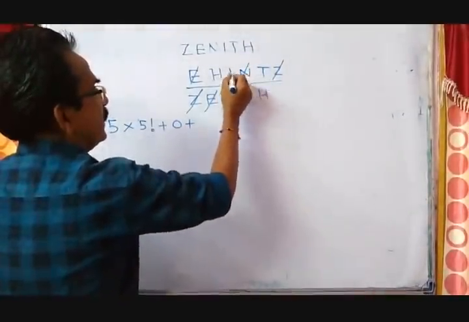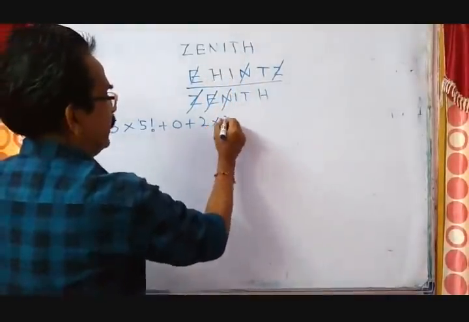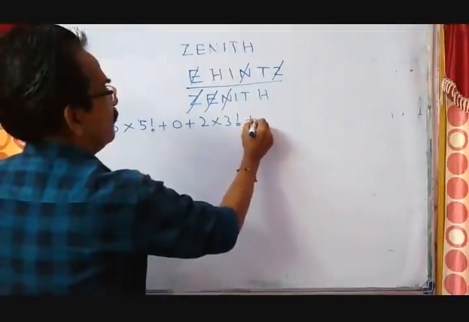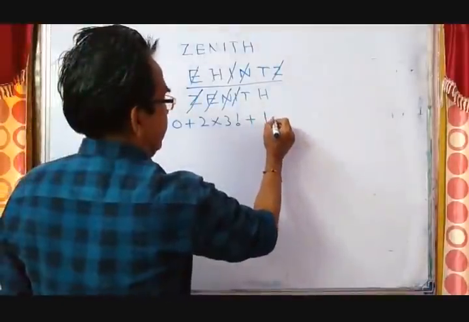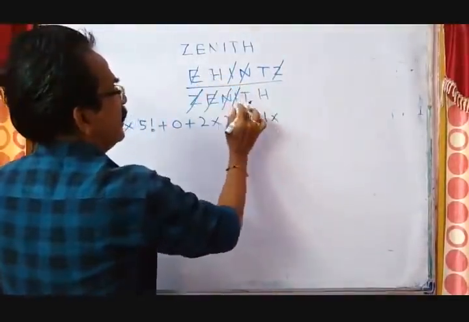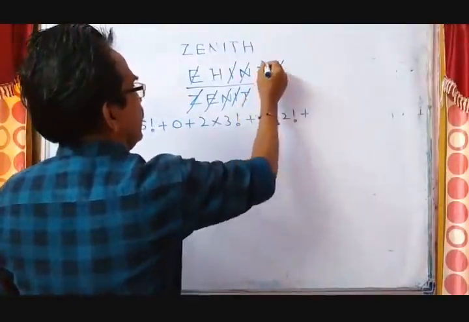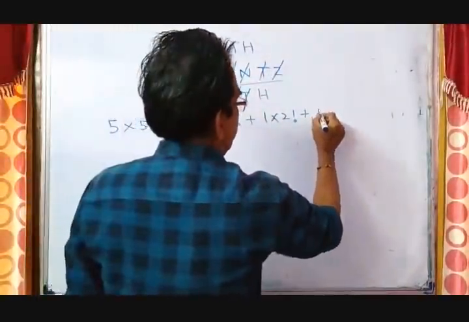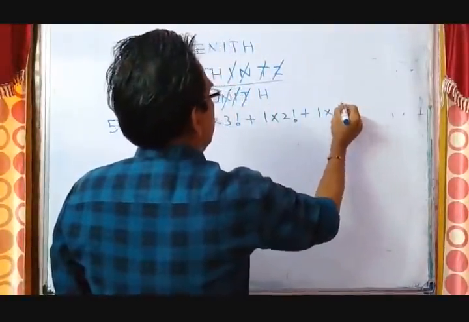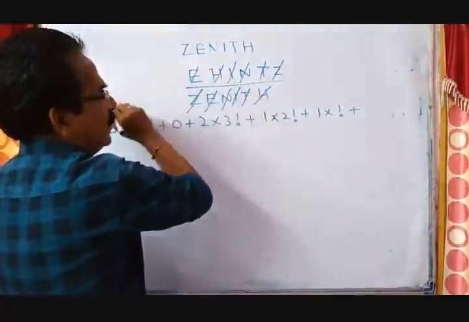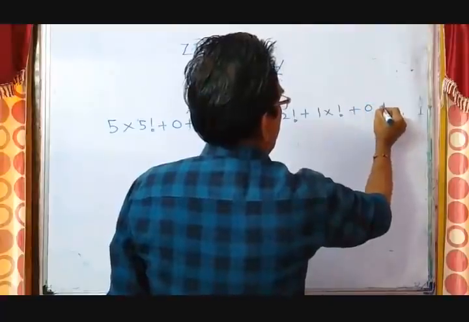Cut N. 2 letters are remaining to the left of N into 3 factorial, plus I, 1 letter is remaining to the left of I into 2 factorial, plus T, 1 letter is remaining, 1 into 1 factorial, plus no letter is remaining, so 0 into 0 factorial, that is 0, plus 1,